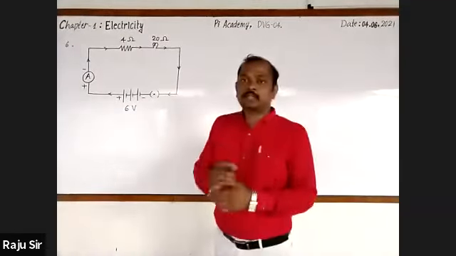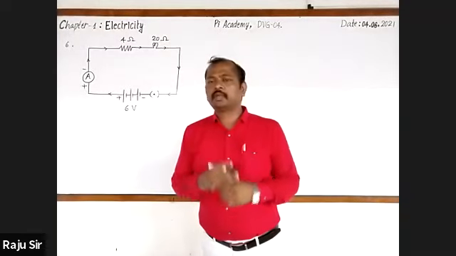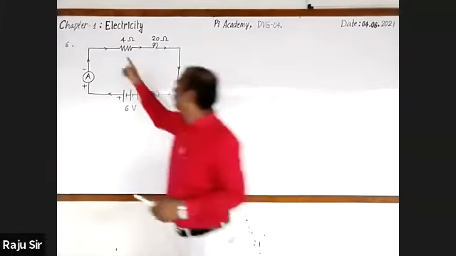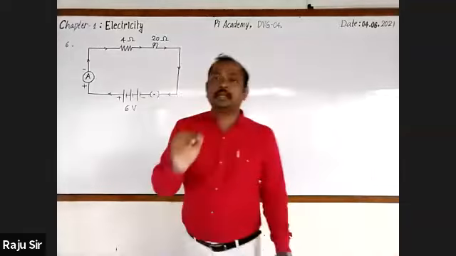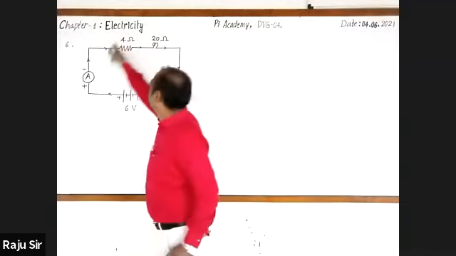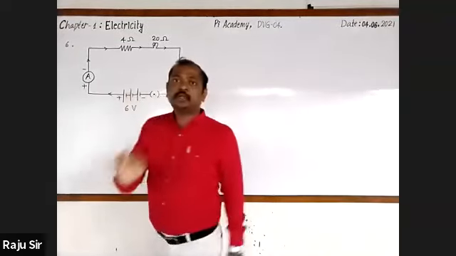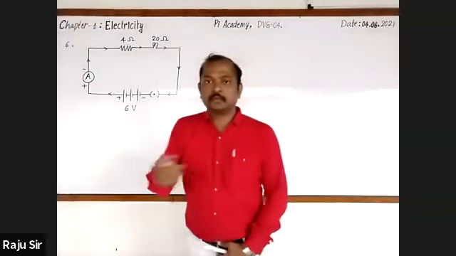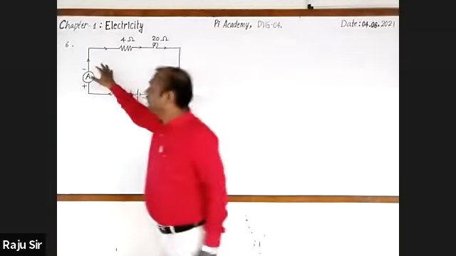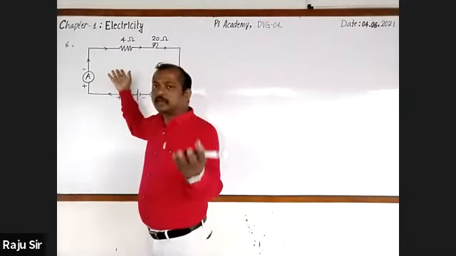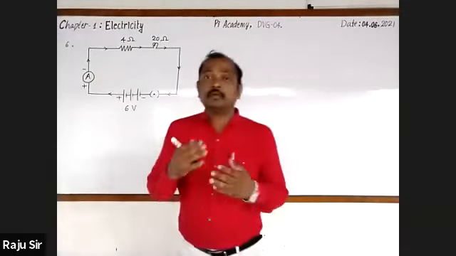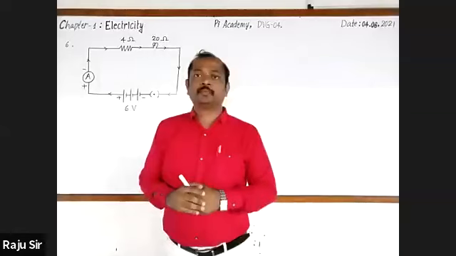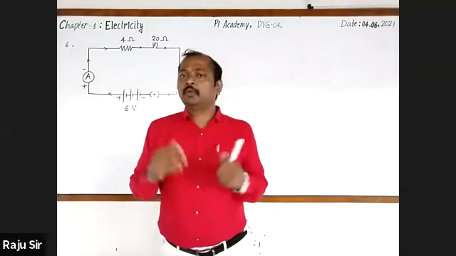Then with respect to this circuit diagram, what are the physical quantities we may go for finding? Let's discuss one by one. The first one is, you can find out the total electric resistance offered by this circuit. Total electric resistance. Second possibility, as it is offering the electric resistance, then obviously current gets decreased. Now we have to find out what is the amount of current constituted in this circuit. Two physical quantities are over. Then what about third one?